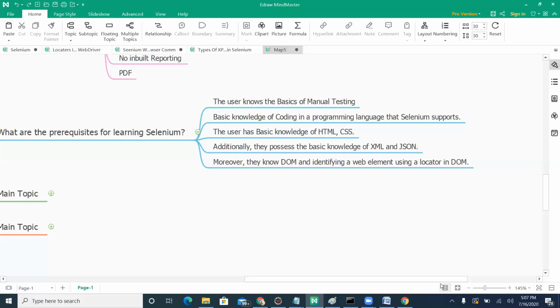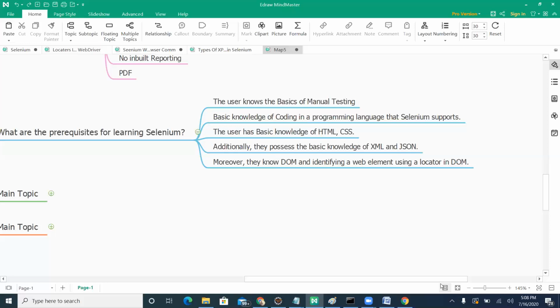You also need basic HTML and CSS, how HTML works and how CSS works within HTML, because you are going to work with web-based applications. Most of the UI is in HTML or PHP or some other coding languages.